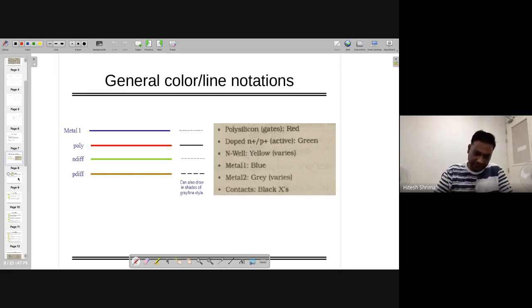Some of the notations are for those who are using colors. These colors are again standard. Otherwise, you can use your own colors also. When I make a stick diagram, I generally don't use any color. I use just dotted lines, or maybe solid lines, and then indicate what I want. They are generally recommending metal one with blue color and a dotted line. Poly is the